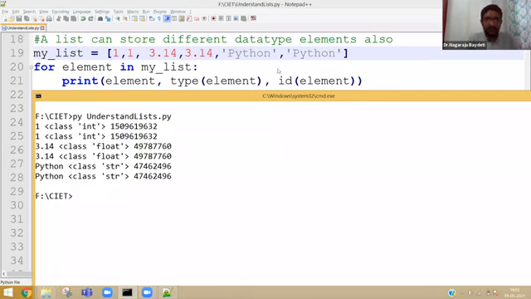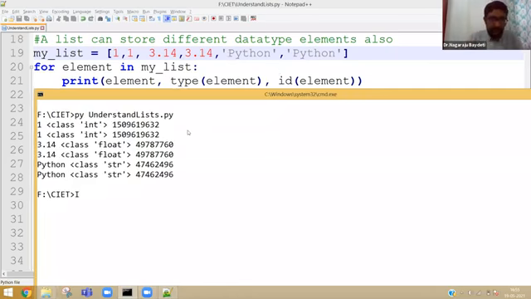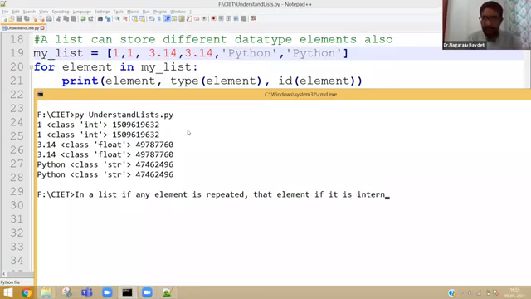Obviously, in a list, if any element is repeated, and that element is interned, its location is shared.